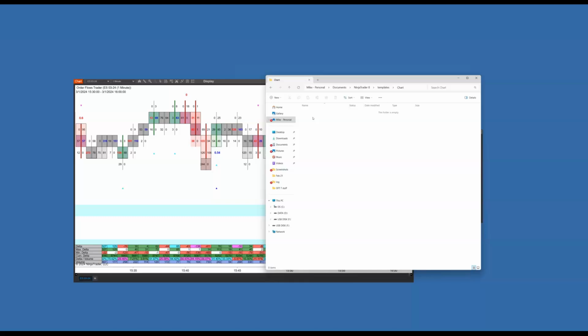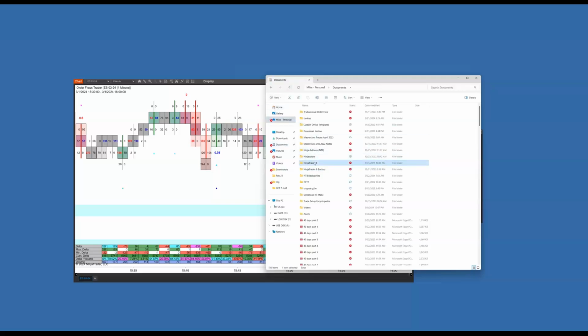stuff saved like existing charts, you could just copy them and put them in another folder. Just create another folder in your documents. You can see I got NinjaTrader 8 backup. Well, that one's empty right now, but if I was to copy it and save it, I would save it in here. I'd create a folder called templates, put it in there,